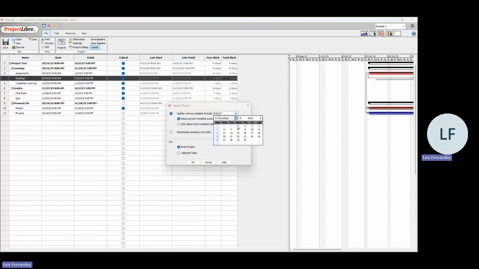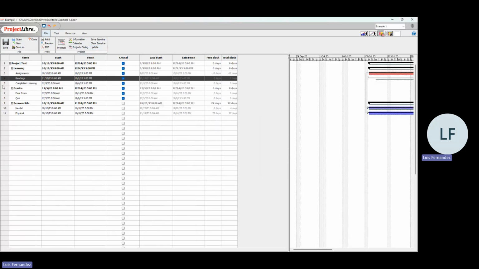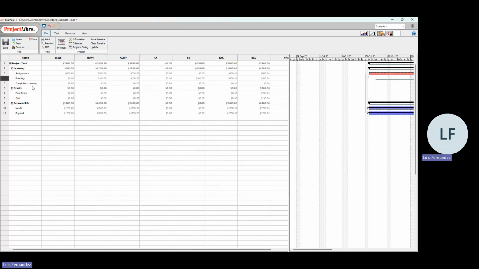Let's set the last date of November for the entire project. I don't want to adjust, because if I adjust, it only completes the task and finishes by the date. I just want to say, okay, I believe the progress is as planned, so I choose the percentage according to this date and my baseline. Or you can just schedule your work after that date. But now we only want to automate instead of doing it one by one. We click on OK. And also if we go to the earned value,